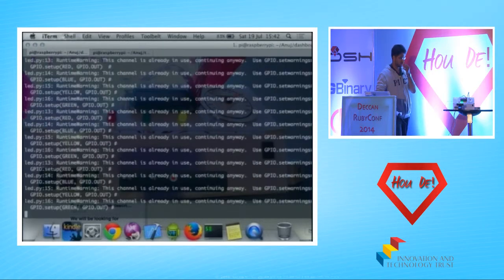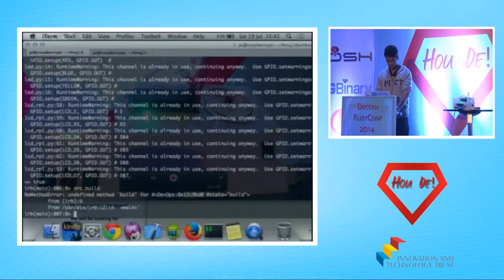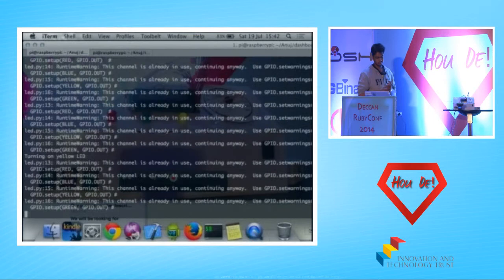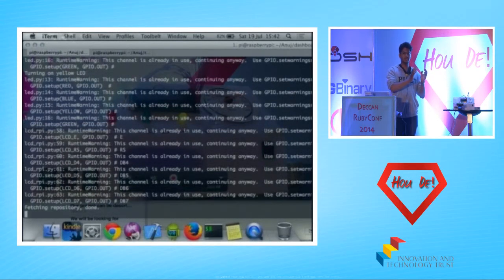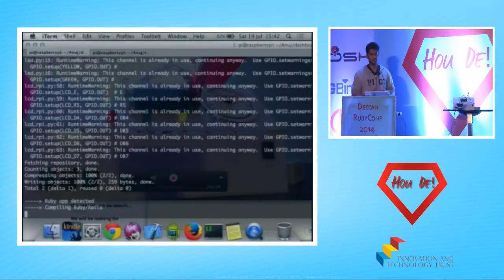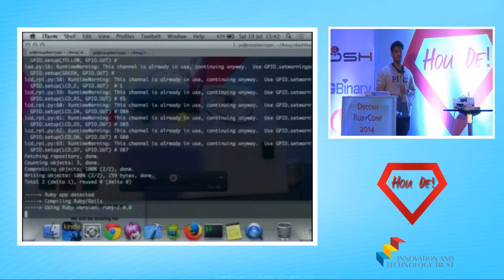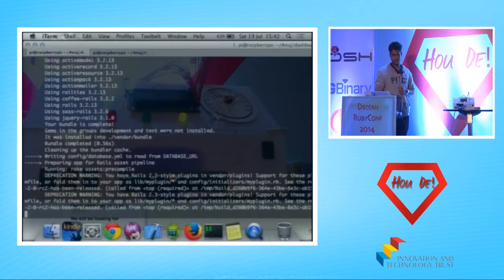Now I have a commit. Now it will go to green. And now I do a build pass. So now what's going to happen is I have associated that transition from my build state to my deployed state with a simple command, which is git push heroku master. So now it's going to push my app to Heroku. And I'm going to go to the next stage, which is going to be monitoring.